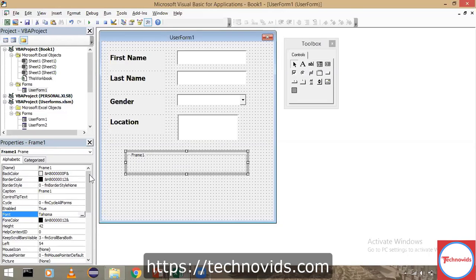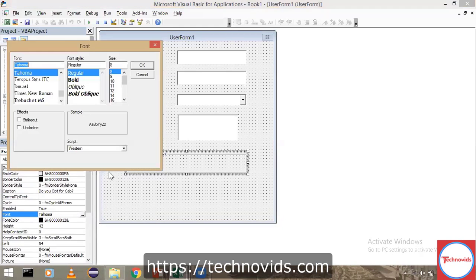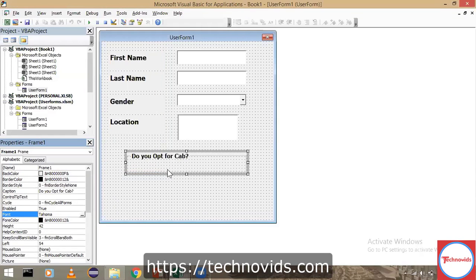Now what is the caption you want? We can specify that inside the frame itself. Do you opt for cab? That's the question. That's the frame text. I want to increase the font a bit, so I can go here and let's stick with 12 bold and click OK.